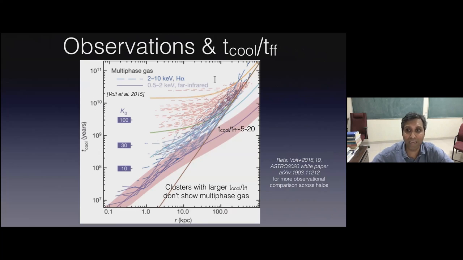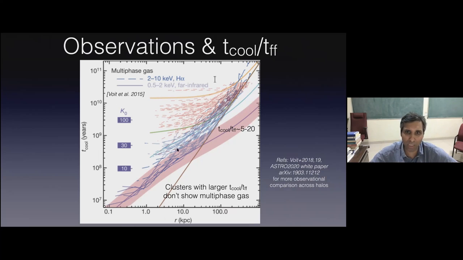So what about observations? Here I have put together this graph from Mark's 2015 paper. On the x-axis I show radius and the y-axis shows the cooling time, and this magenta band shows the cooling time to the free fall time ratio between 5 and 20. So this is the zone where you expect multi-phase gas to be present